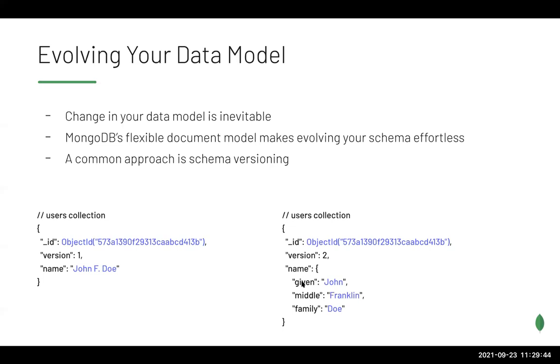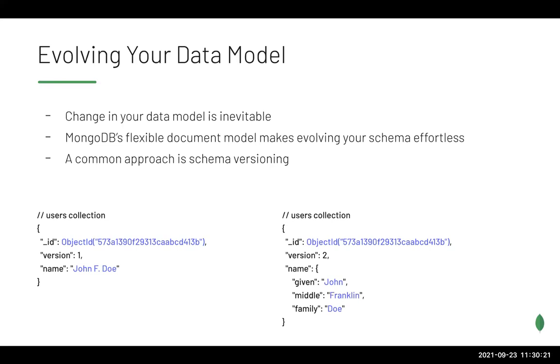So we have the given name, John, the middle, Franklin, and then the family or last name, Doe. So in our application, for example, let's just say we had an API that got users information, we might have myapp.com/API/v1 that would get you the name as a string. And then if you hit that same endpoint with version 2, you would get the name as an object with the additional properties. So, that is one common approach to schema versioning and evolving your data model within MongoDB, but